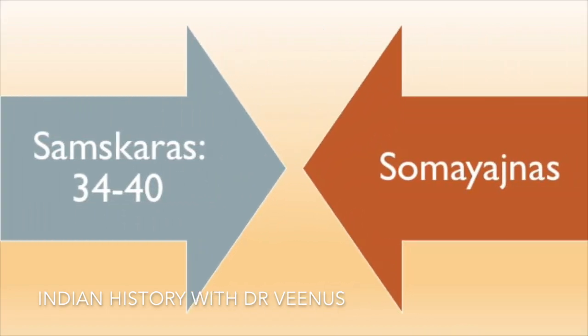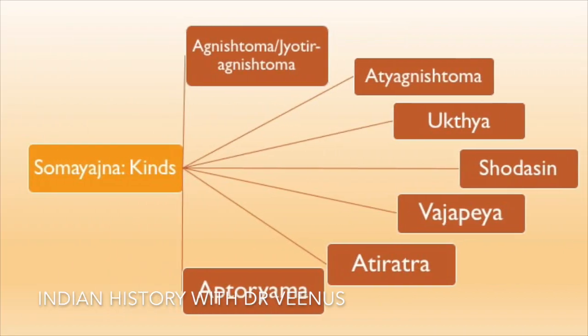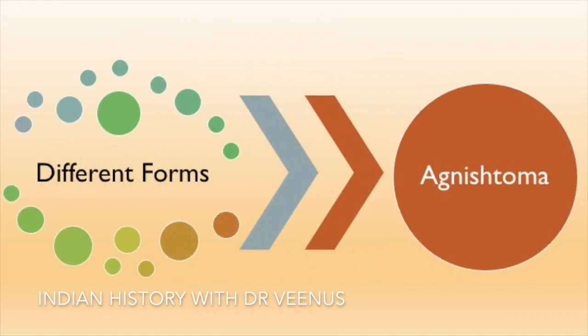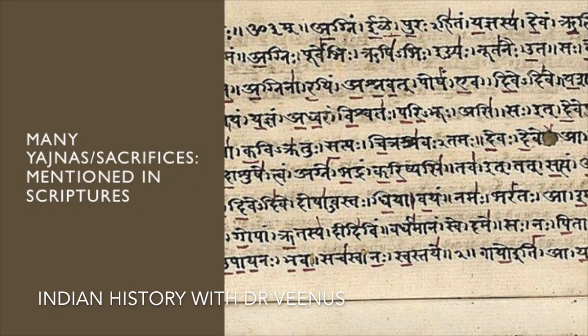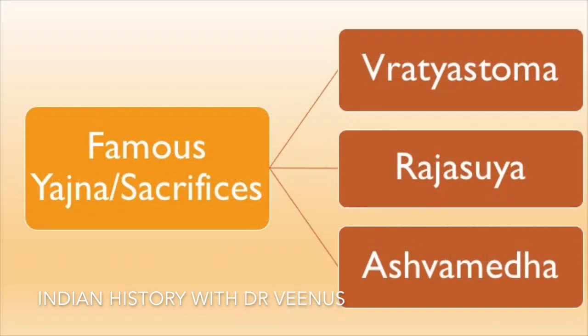The Sanskars 34 to 40 are the 7 kinds of Somyajnas, and they are the Agnishtom or Jyotiragnishtoma, the Atyagnishtoma, the Uktaya, the Shodasan, the Vajpeya, the Atiratra, and the Aptoryama. All these were more or less different forms of Agnishtom. Apart from these, many other yajnas or sacrifices are mentioned in the scriptures, and most famous amongst those are Vratistom,